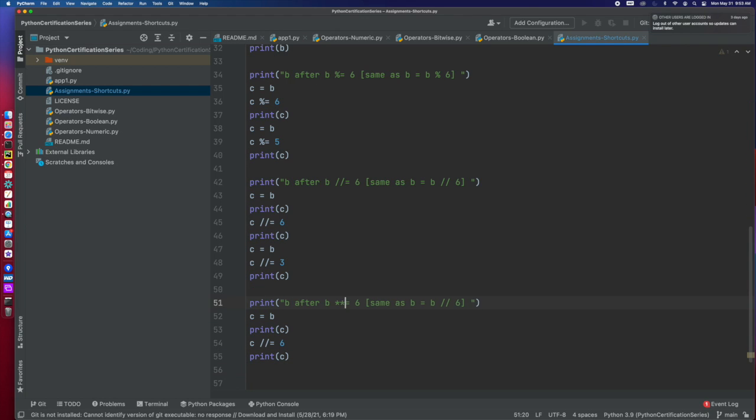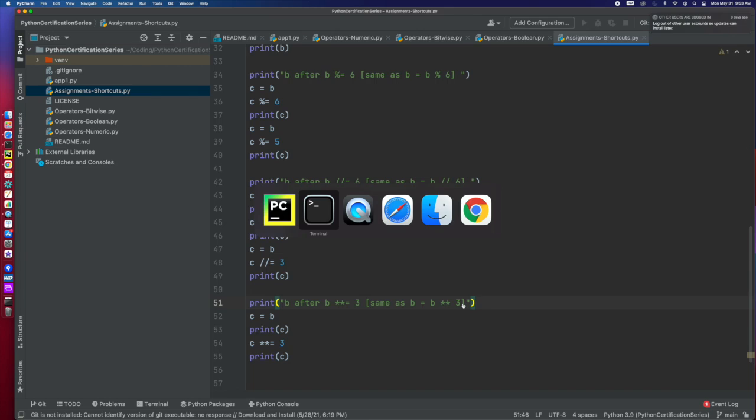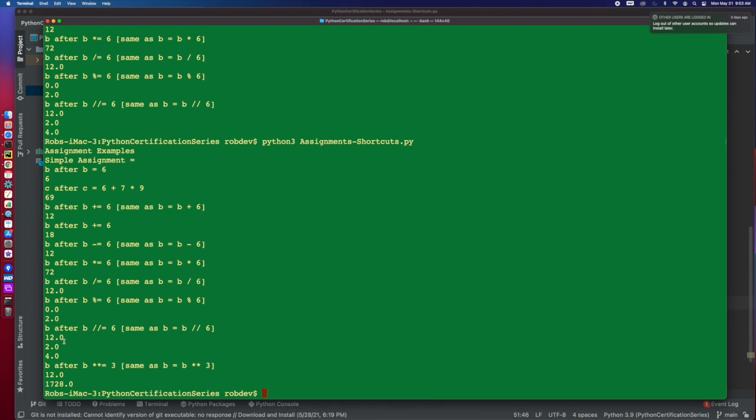Is that we can do this. Let's do it to the third, just because. C equals B, print C, put a 3 there. Whoops, that's a 3. And so now we get, oh, darn it. What did I do there? There we go. So now, if we go back to this last one, so we come back, and B is